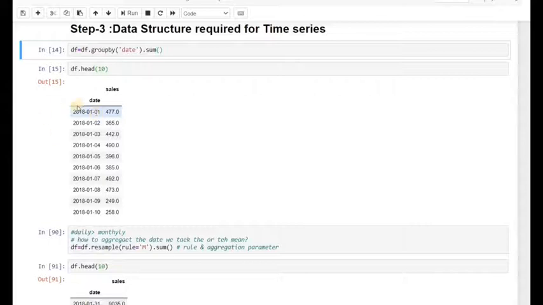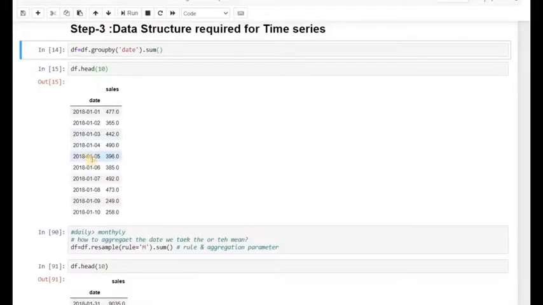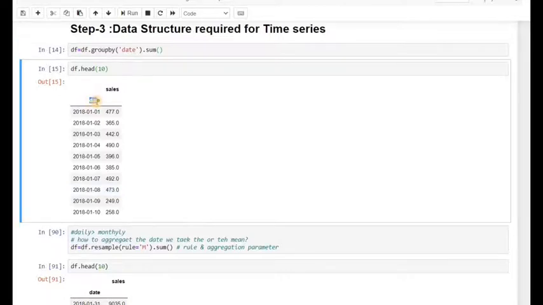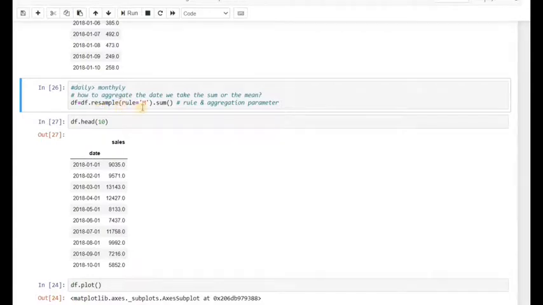Number one, it is aggregating on the dates, as there might be multiple entries for one date. So if we see, here are two entries for 8th January, and when we group by, we can see there is only one entry for 8th January and it is taking the sum of the two entries. And the second thing that groupby is doing is converting the date column into the index, and we need to have the date as index in time series analysis. The next step is resampling. Resample takes two arguments. First is the rule and second is whether we are going to sum the daily sales or take the mean of the daily sales.